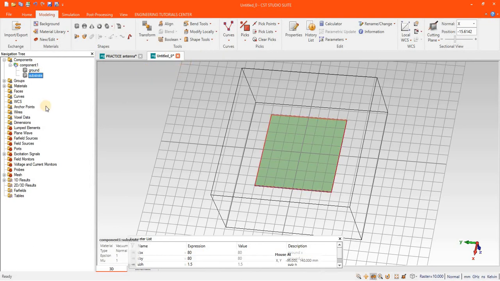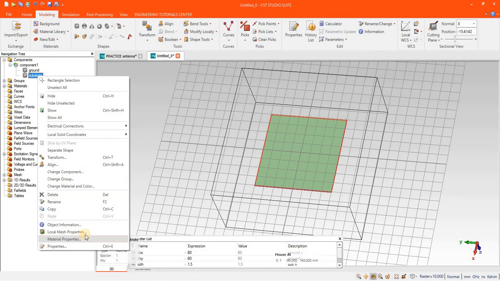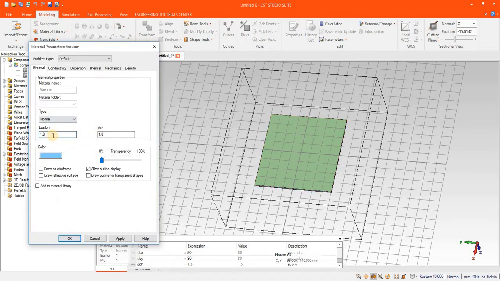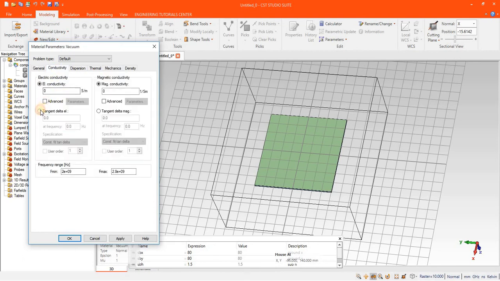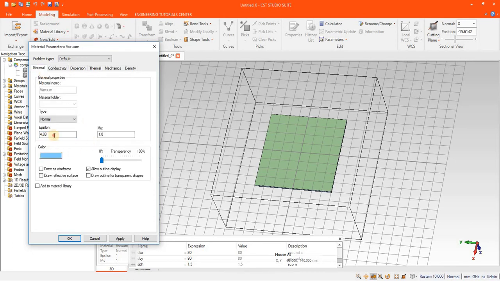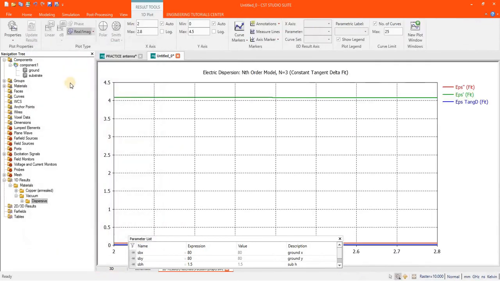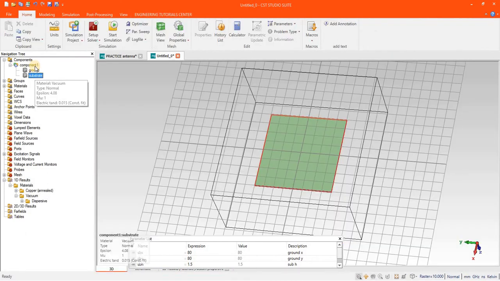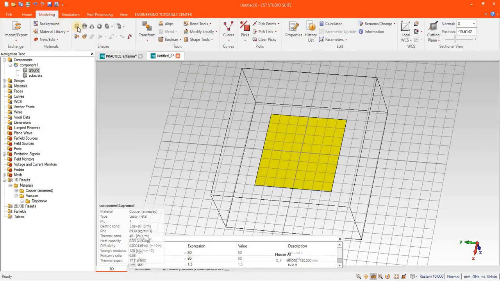Now assign material properties to the substrate. I am going to assign it 4.08 and the tangent delta value that much. Press OK. Next step is to design an antenna.